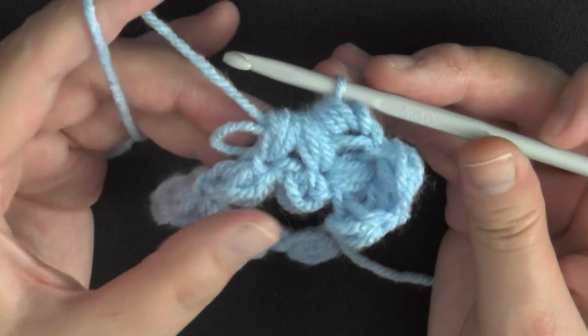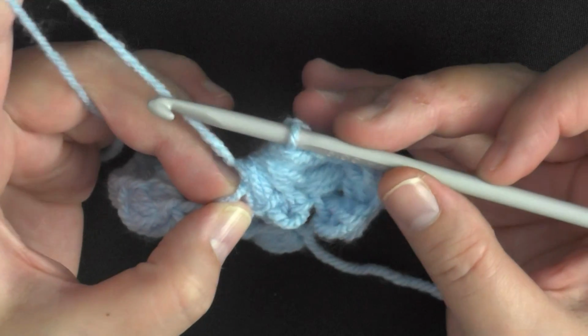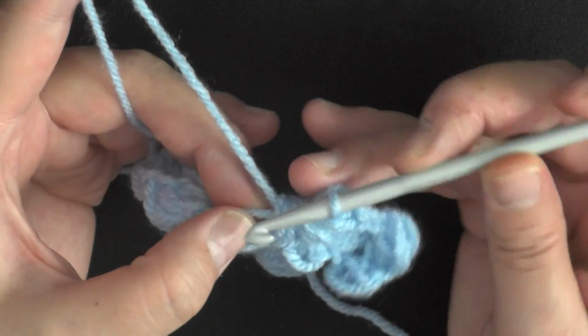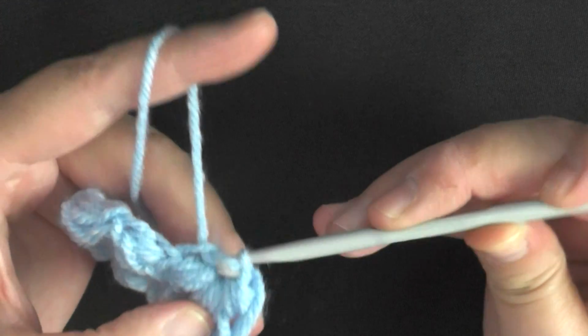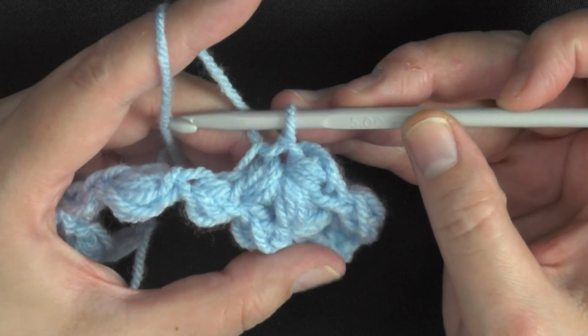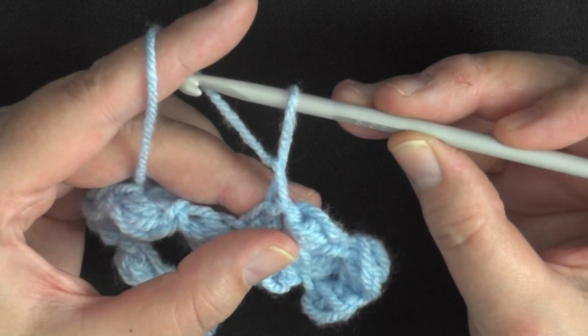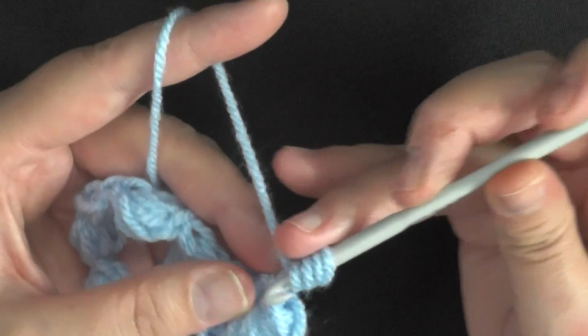Get your finger out of there, and again you want to hold it, adjust the size, and pull it closer together and make your hook smaller. Then you'll go into that stitch and you'll slip stitch through that one and the loop on your hook, and that's your second. Then you'll start your third by chaining, pull up, and again you're working the yarn over and go into this chain,